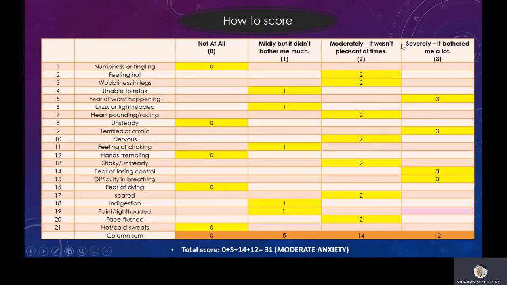After that, for the first step to get the score, you need to look at the four columns. The first one, you need to look at the first column, which is not at all.